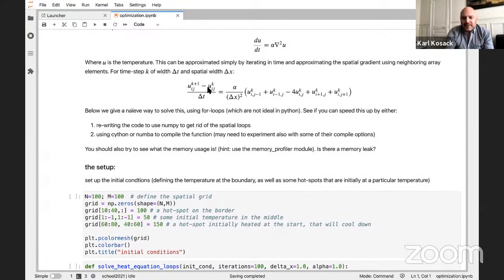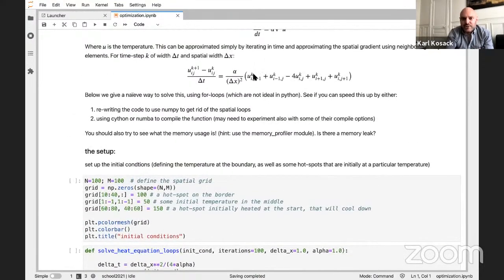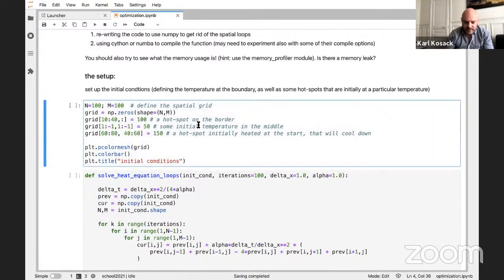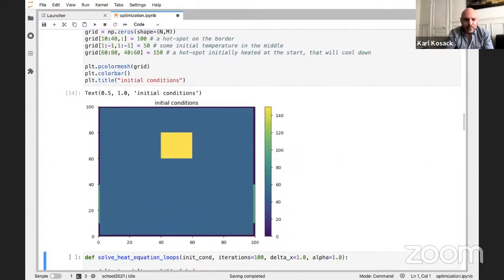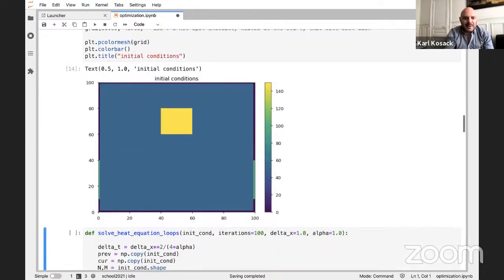So what we want to do is just solve for u_ij of k plus 1. We can move these to the other side and write this as a function. First of all, let's make the initial conditions. I want to define my initial grid u. Here I just created a little room, and the room has 2 space heaters, one on the left and one on the right. Somebody brought a hot brick into the center of the room and just set it down. That brick will cool off over time, and these space heaters will heat the room up. That's how the heat equation works. That's what we want to do.